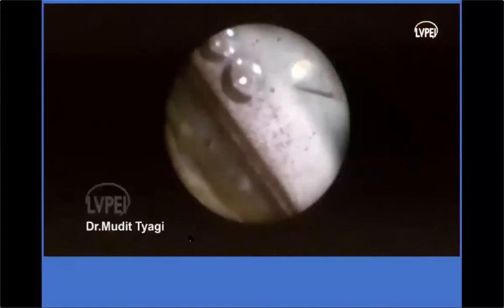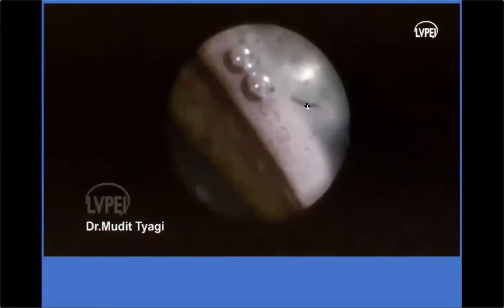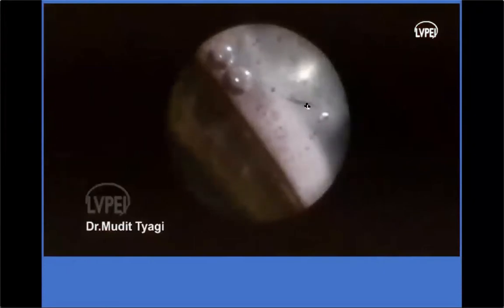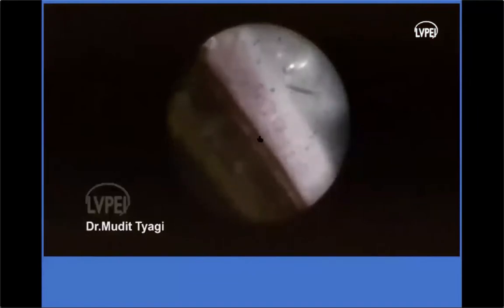And now with the help of an endoscope, the bee sting can be clearly visualized over here. So the bee sting along with the anterior chamber is visualized. Viscoelastic was injected again over here so as to deepen the anterior segment, and the anterior chamber has deepened, and now you can visualize even the trabecular meshwork and the angle structures very nicely. This is the bee sting which is the cause of all our trouble.